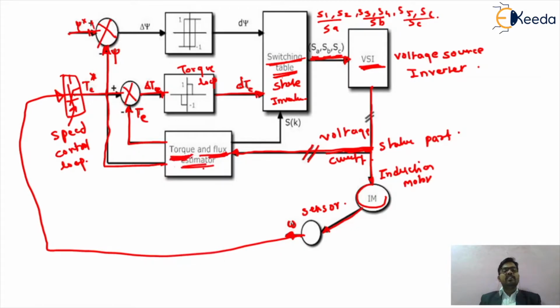Basically, we are calculating the value of this torque and flux by using the stator quantities, or the stator voltage and current of your induction motor. So by means of that, we are getting the value of the flux density. So by means of that particular summing point, we are generating the error value of your magnetic flux, psi, that is magnetic flux density. And by using the flux control loop, we can generate the value of d psi. So this d psi value will again be given to the switching table, that will be called the state inverter circuit.